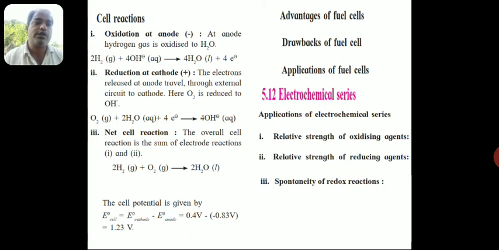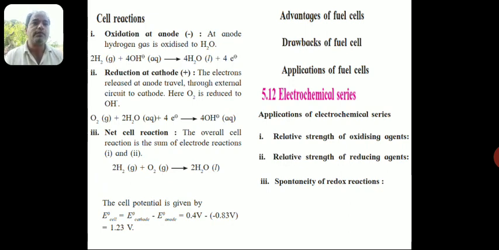Now the advantages of the fuel cell. Just now in the beginning I told you, the fuel cell is mainly used in spaceships. That means it gives electricity as well as water for drinking purposes, for astronauts. Okay, so that means it gives current and we can also use its water for astronauts to drink. So this is the main use of the hydrogen oxygen fuel cell.